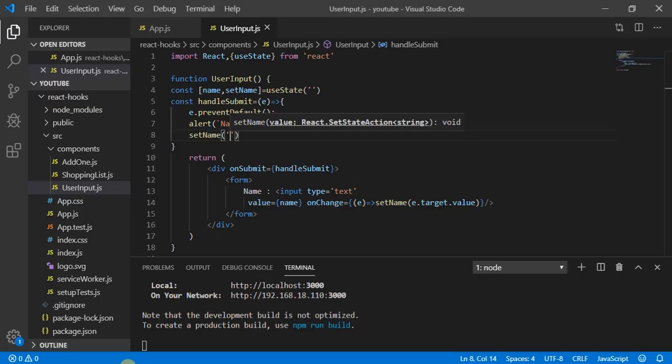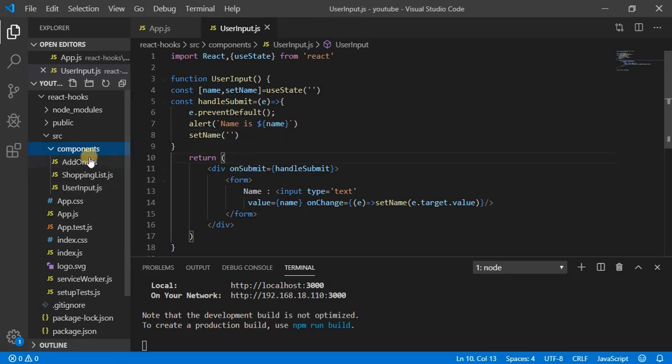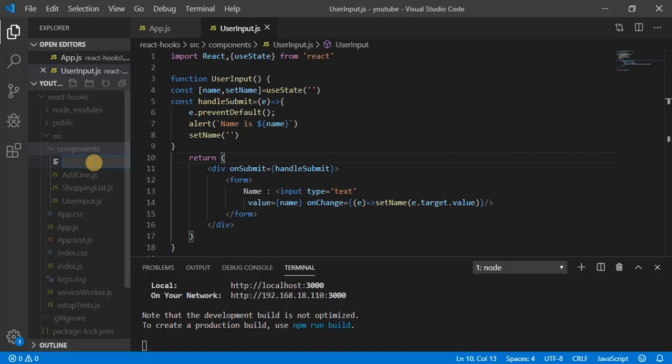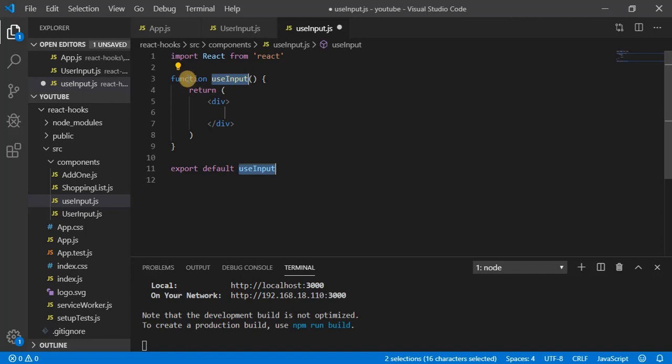So whatever I wrote here, I wanted to convert into a hook. Okay, let's create a hook. As you know, a hook name starts with use. So useInput.js. What I will do here is convert it into a functional component. So React functional component, I don't need this one, so remove all this.